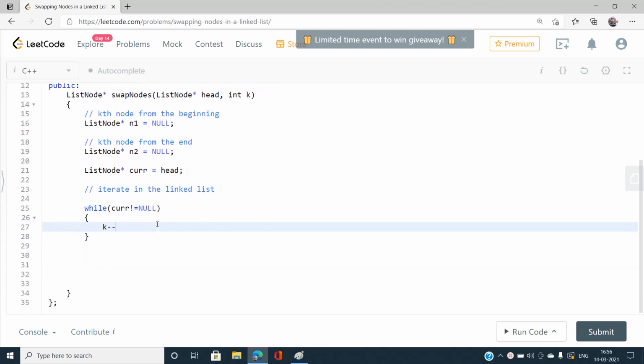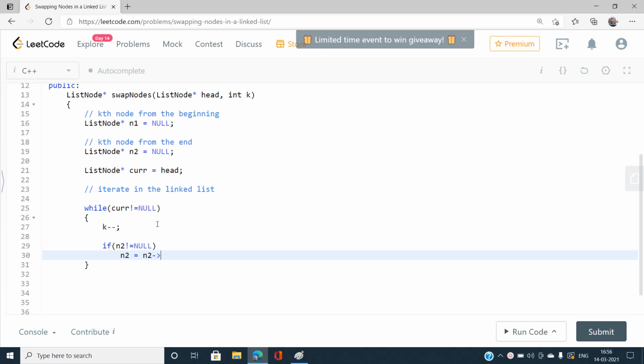Now, what is the pointer that is going to store the kth node from the end? That is my n2. If n2 is not equal to null, that is, I have already found the kth node from the beginning, it means I need to increment my n2: n2 equals n2 next.